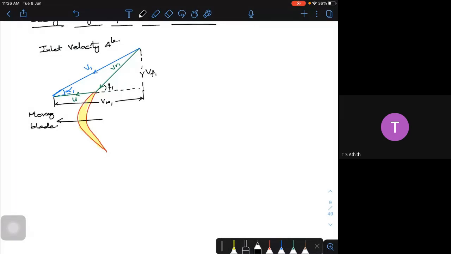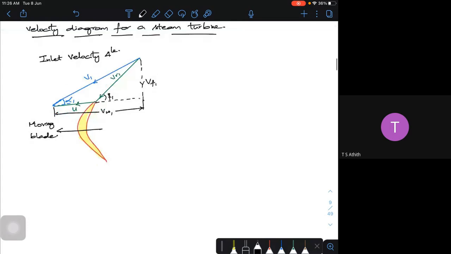No, no, don't go by that logic. Did you attend my class? Resultant in the sense is actually a closing. You don't call it a resultant; you call it the closing vector. Resultant is different. If I have two velocities and I want to get a triangle, that is the closing vector, not the resultant. If it were a resultant, then U square plus VR1 square would be equal to V1 square. This is not the resultant.